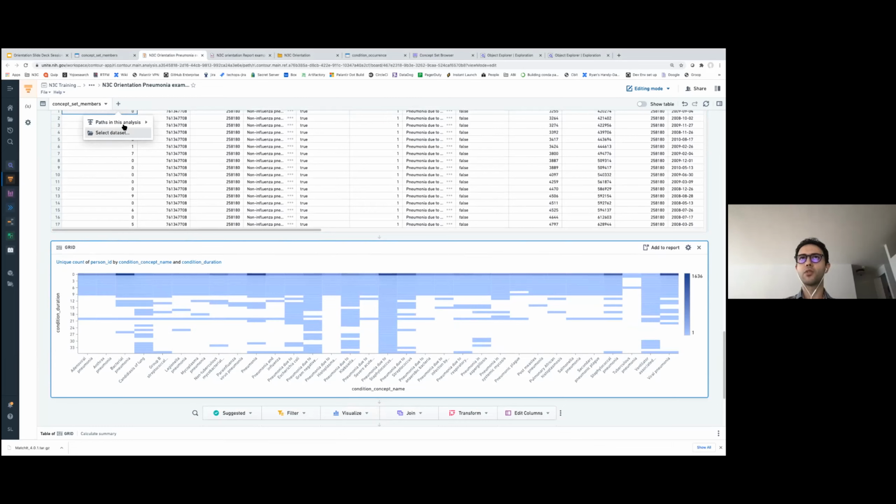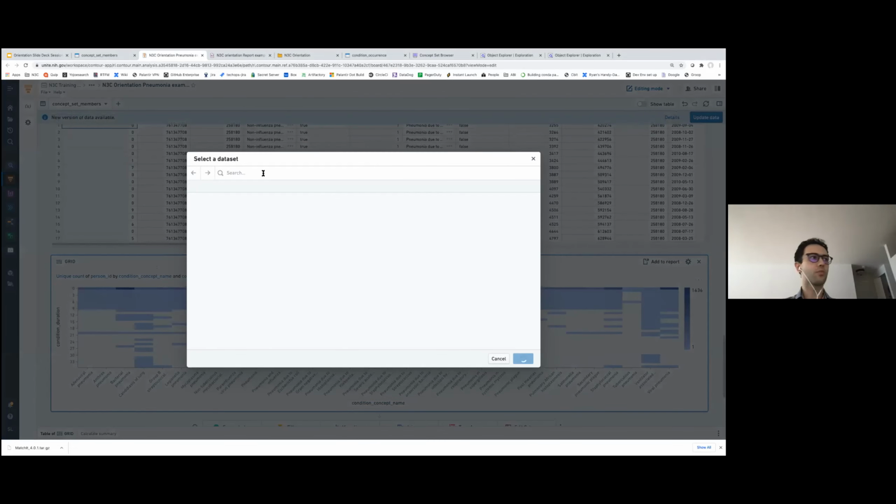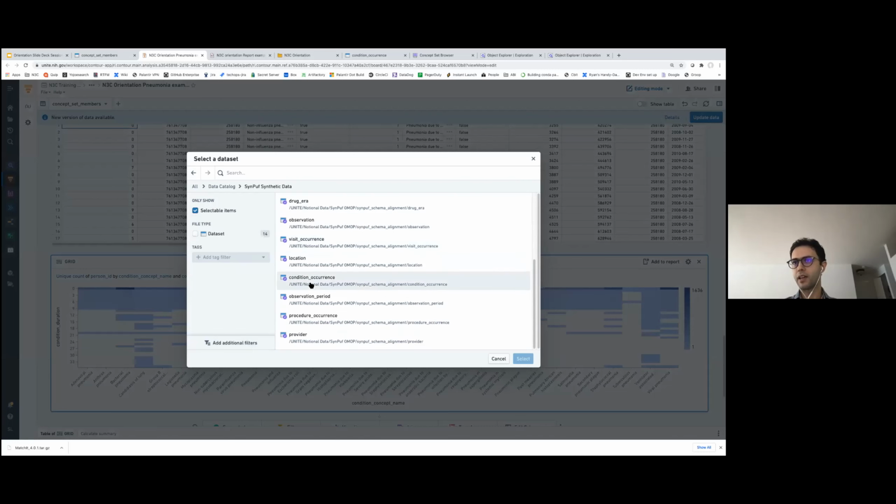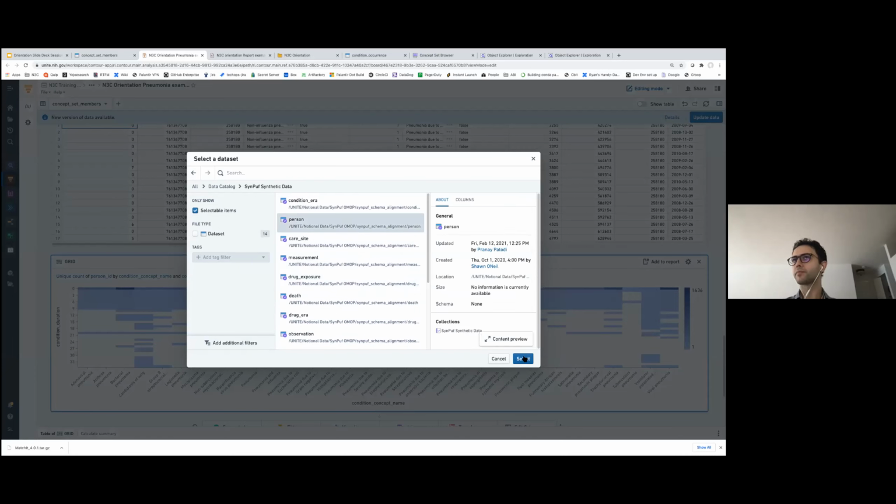So I'm going to create a new tab, and I am going to grab the person table, which is also in the data catalog. So again, in SimPath synthetic data collection and person table.